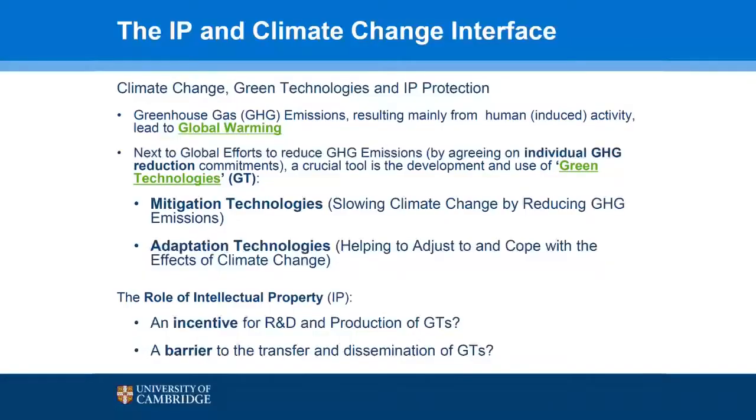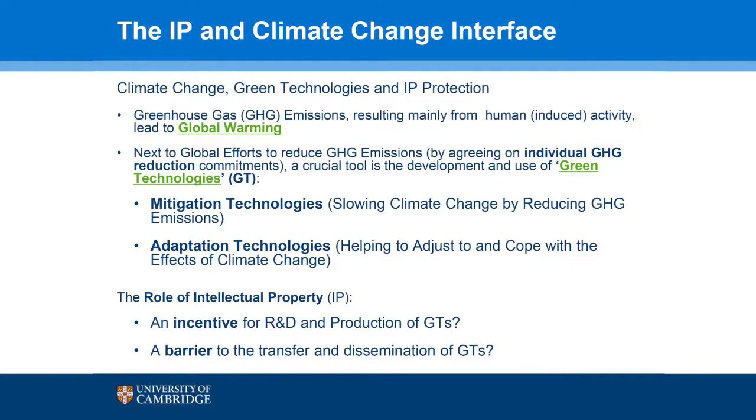Climate change has a link to intellectual property primarily because within climate change negotiations, a discussion for quite a while has been about the treatment of so-called green technology or environmentally sound technologies, or whatever other terms may be used. The idea is that in order to deal with climate change, one needs to facilitate the widespread use of